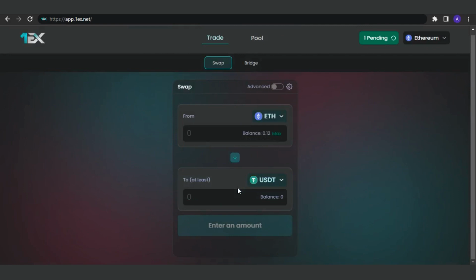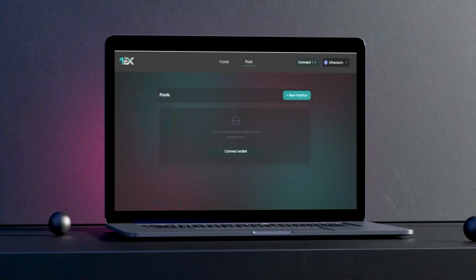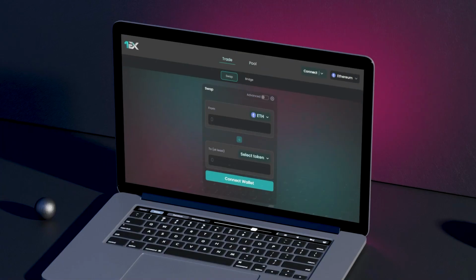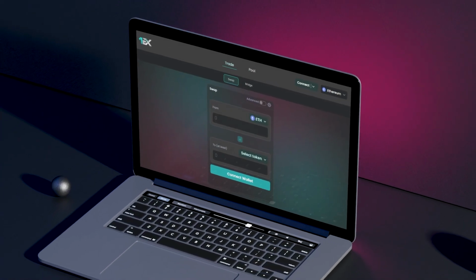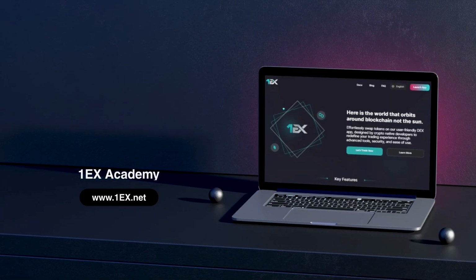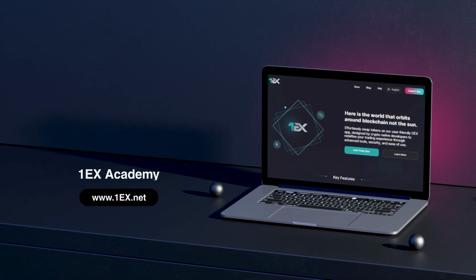And that's it! You now know how to trade on 1x using the basic features, including selecting tokens, swapping tokens not on the list, and executing exact input and output swaps. As you gain more experience with the platform, you'll be able to take advantage of more advanced features to optimize your